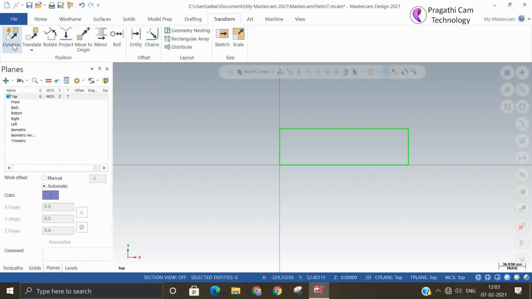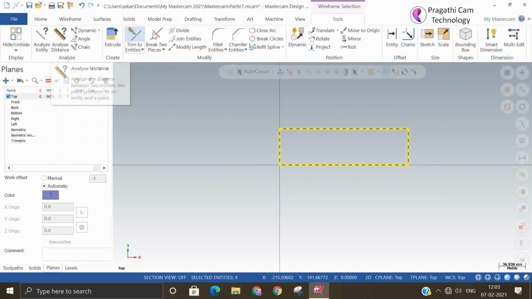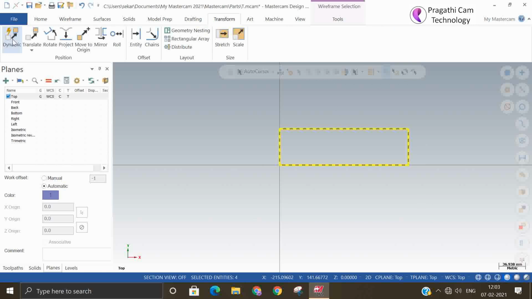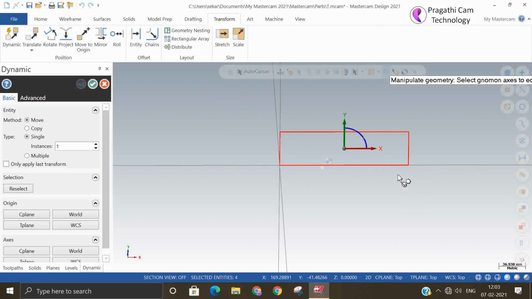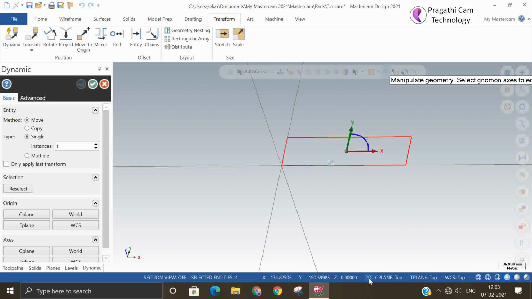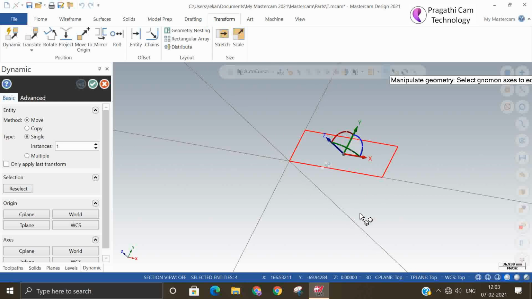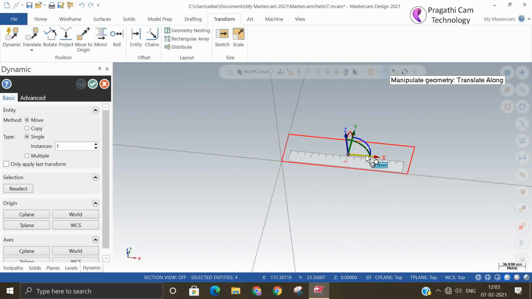It is one kind of manipulating the thing. So the phenomenon is going to come. With that phenomenon, whether you want to rotate or translate or move, copy, all the things you can do. So I kept the phenomenon over there. If you keep in 2D, it will show XY only. If you keep 3D means you can do 3D.